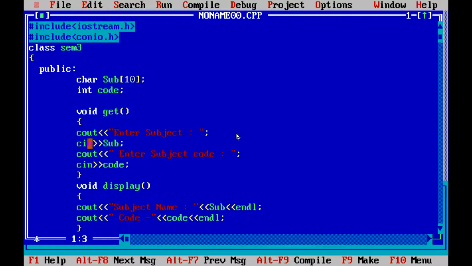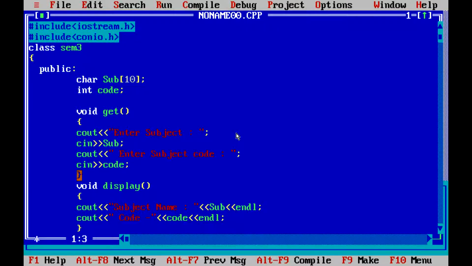In void get, the first statement displays a string on the screen, enter subject, and that name is stored in sub, because we defined the sub variable for the subject. Second, we take the input of the subject code and store it into code, because we defined the code variable for the subject code. These lines take the input from the user.